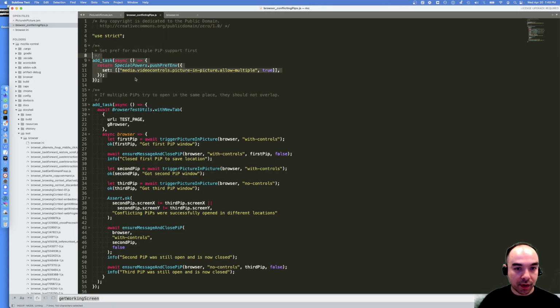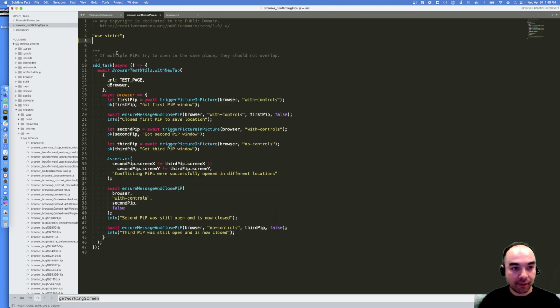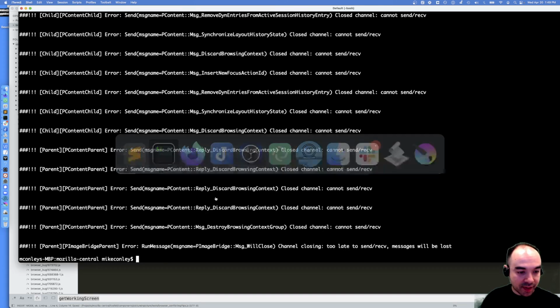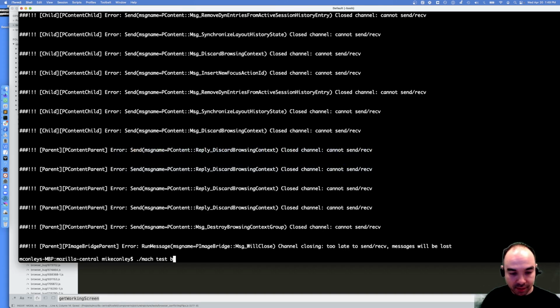We're going to remove this because this pref doesn't exist anymore. It's allowed by default and we remove the pref. Let's see what happens if we run this test. Mock, test, browser component. Oh no, it's under toolkit. Test, toolkit, components, picture-in-picture test, browser,